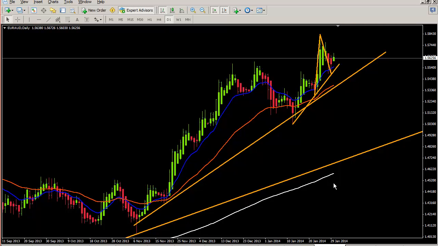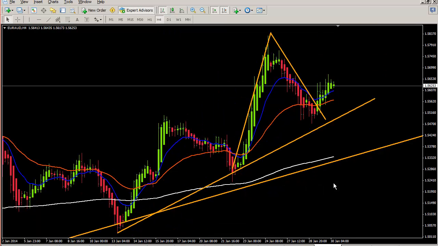I don't like it when the angle is too steep and the price is already far away from support and we already had many setups. So ideally I always want the price to come back first to the 36 before looking for new entries, right? So in this case we didn't have the chance